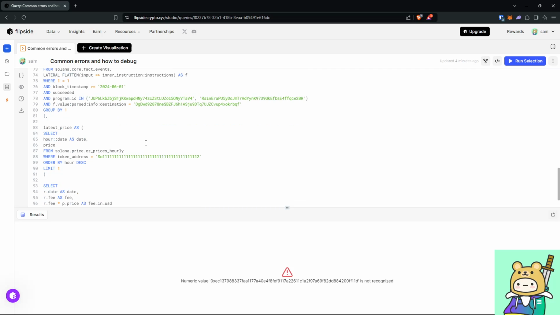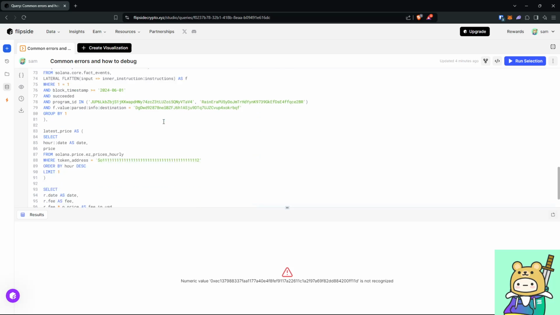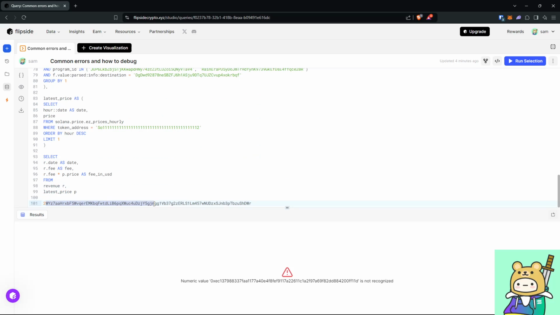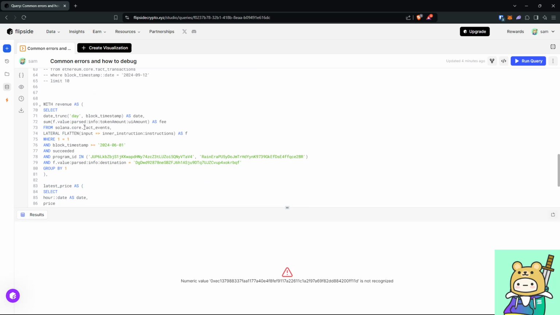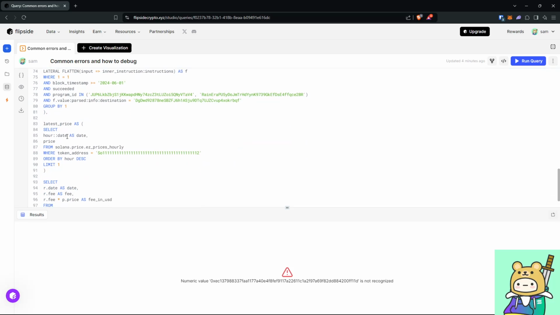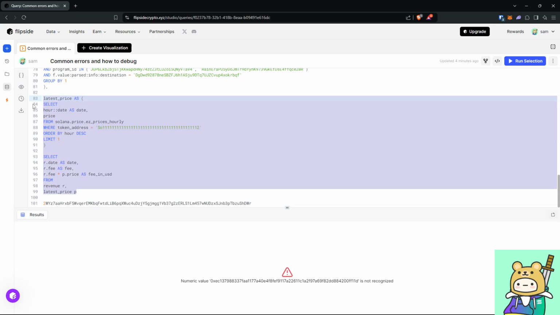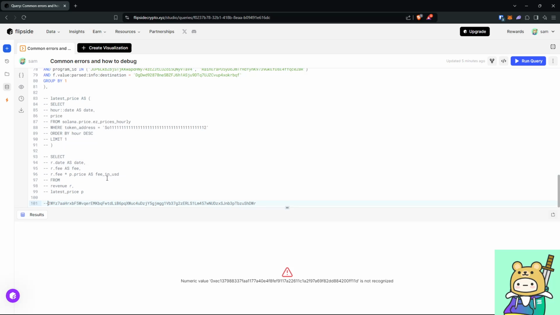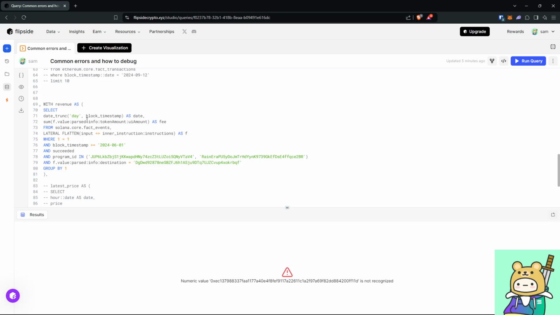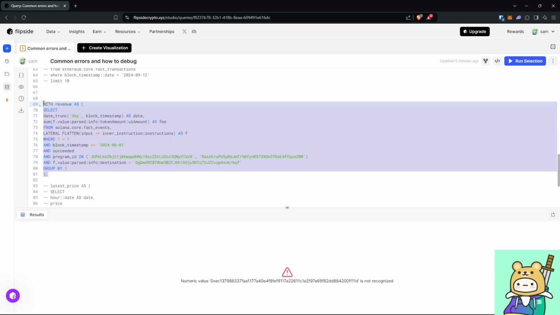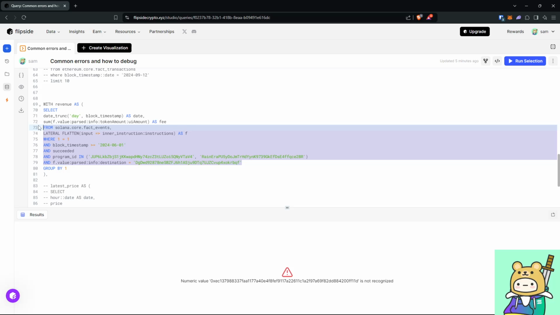So first and foremost, I would try to query this transaction only and see what we are working with, what is in the data. Because I only want to know what is this, I am going to look at each table one by one. The first table is of course the core events table on Solana, so I don't need the price, I don't need the join, so I can just comment all this out. And even in the core table there is a summation, so I'll just comment all this out and copy what I need. So I'll just copy this thing